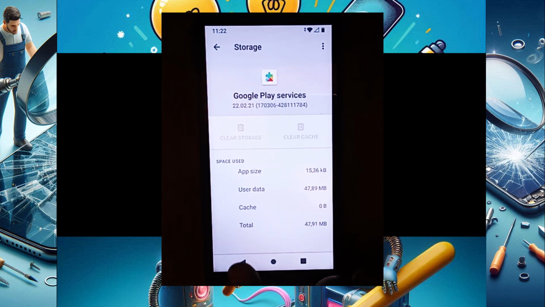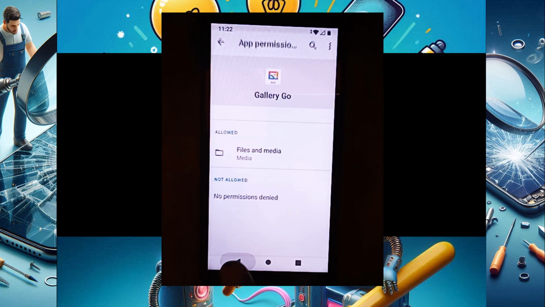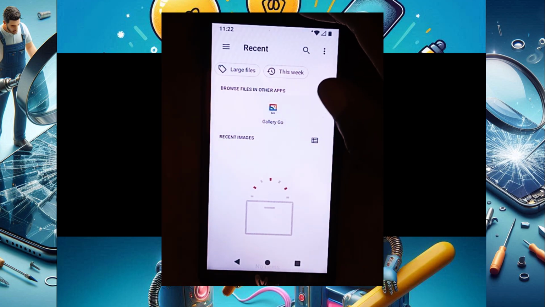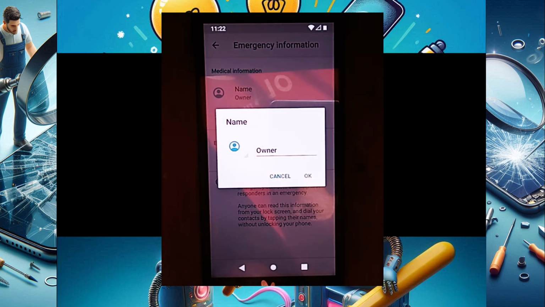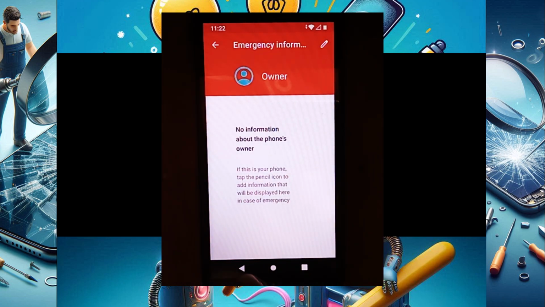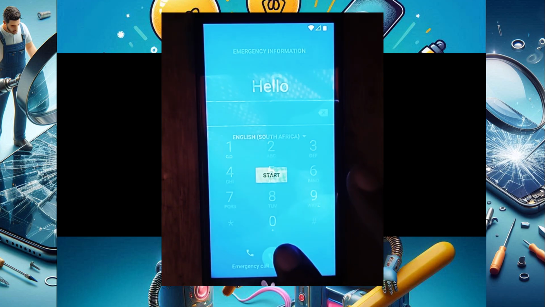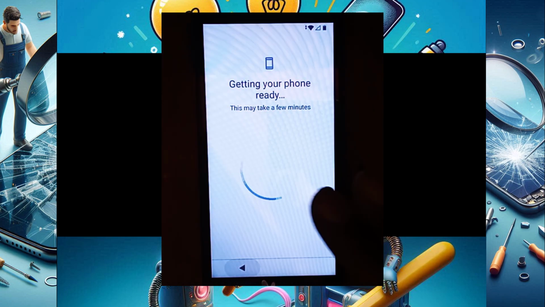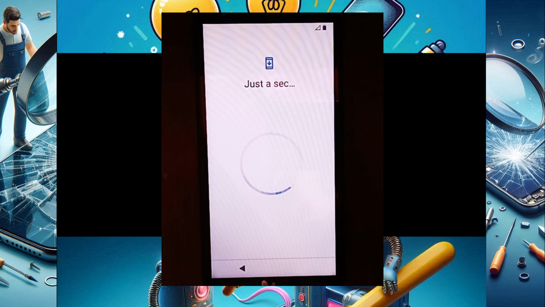It will eventually forget everything. And then now let's go back and check if we have deleted the security memory folder. So now press start. When you see it rolling, immediately press back. You see the set up offline. Now it cannot finish because we have switched off Google Play.